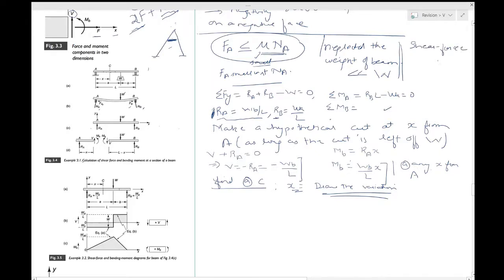And then there is also a bending moment diagram. So V of X or MB of X. And in the next section, we'll see how this happens. So let's look at